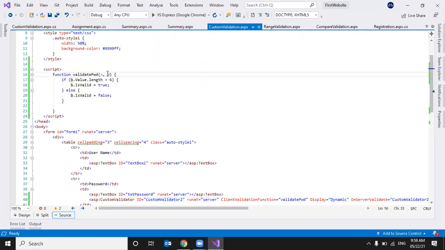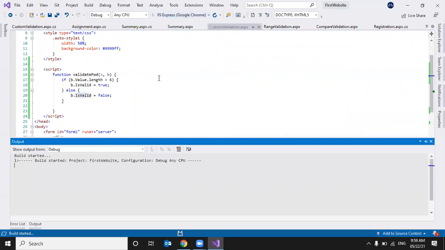The second will have two important properties, value and is valid. Value stores the control value we entered, against which we are validating. The is valid property is used to set or get whether control validation is success or not.